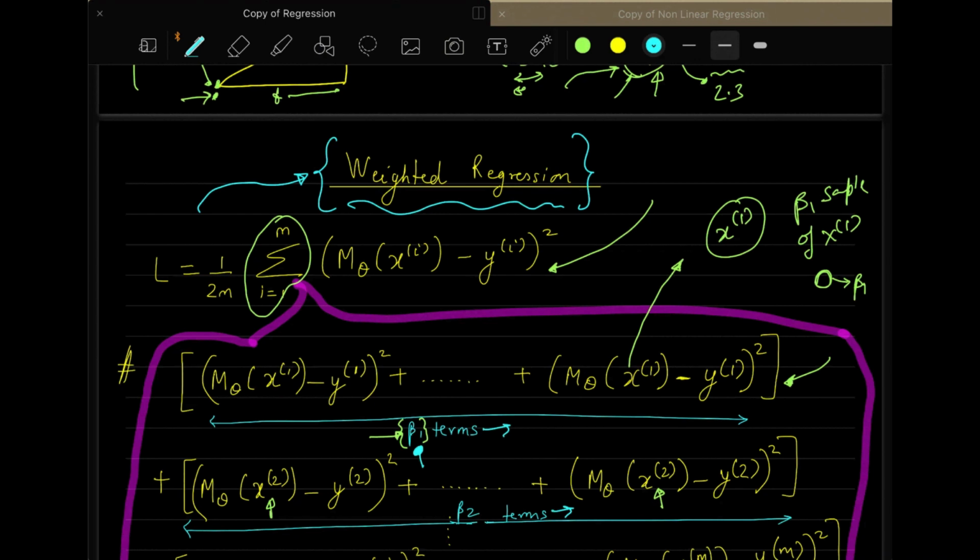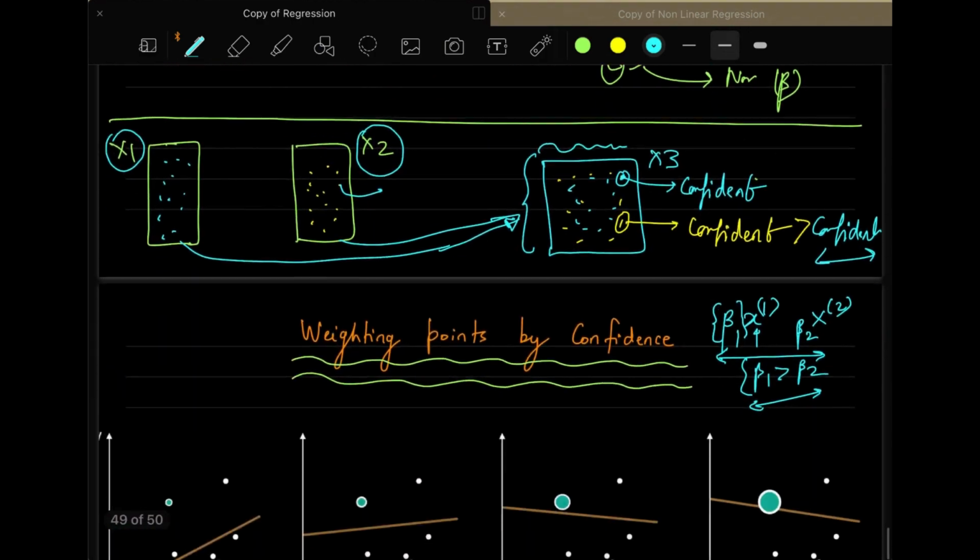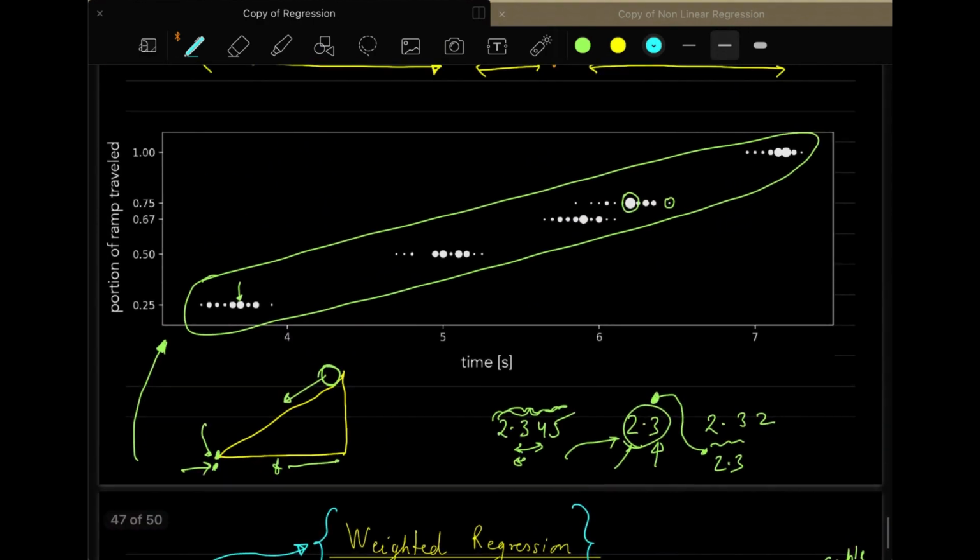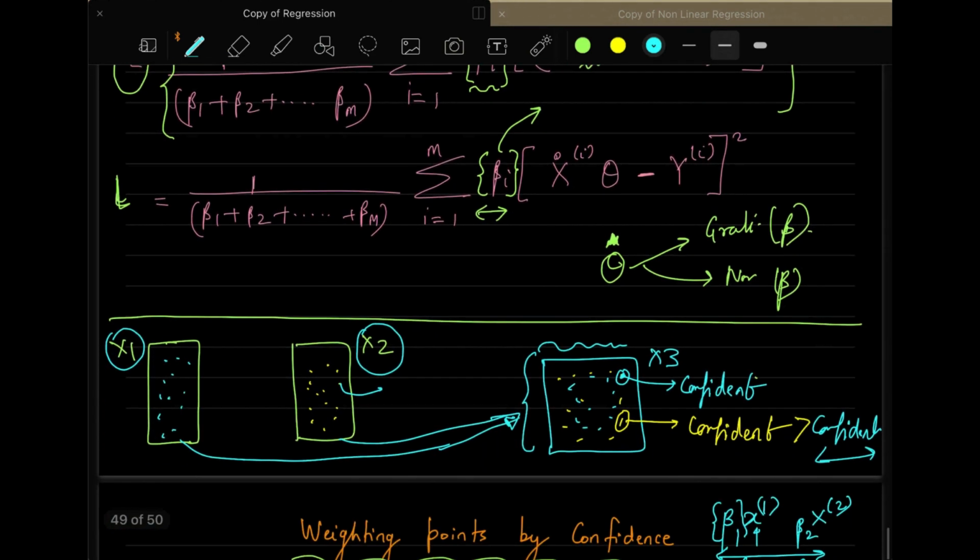The important thing is we discussed simple regression and how we changed it to weighted regression based on two different practical applications. The first application, which we already discussed, was the one in which duplicates were there, and in the second application what we have is confidence building. If the point is coming from a reliable source, then we multiply it with the confidence that we have. So again it falls into that same category.